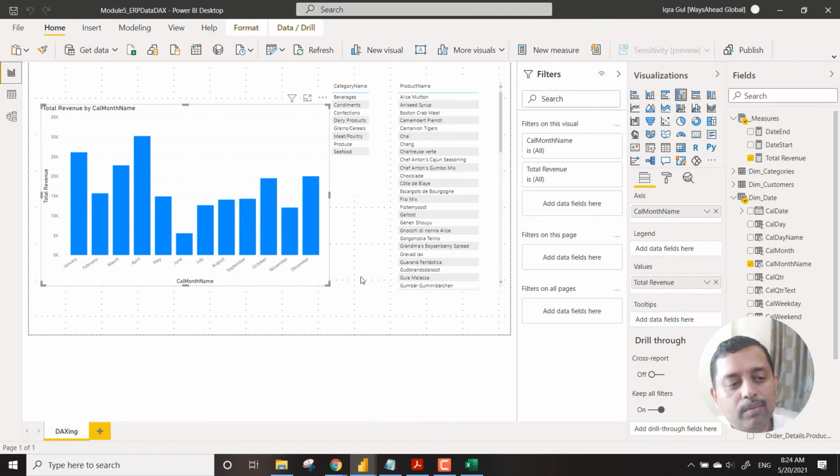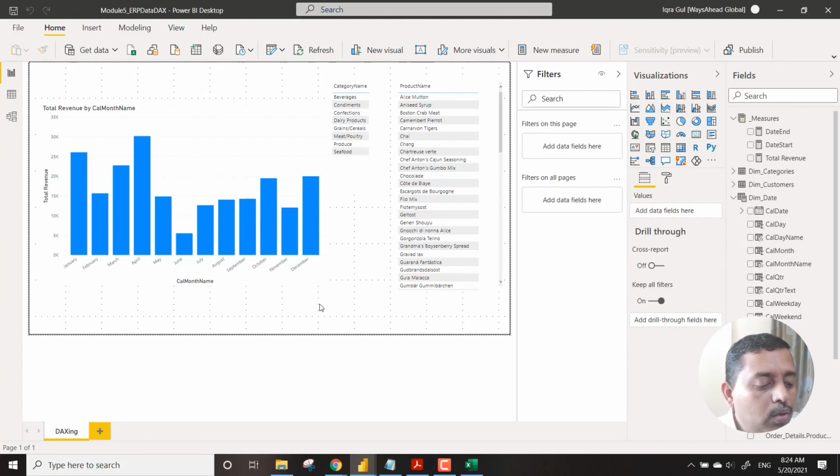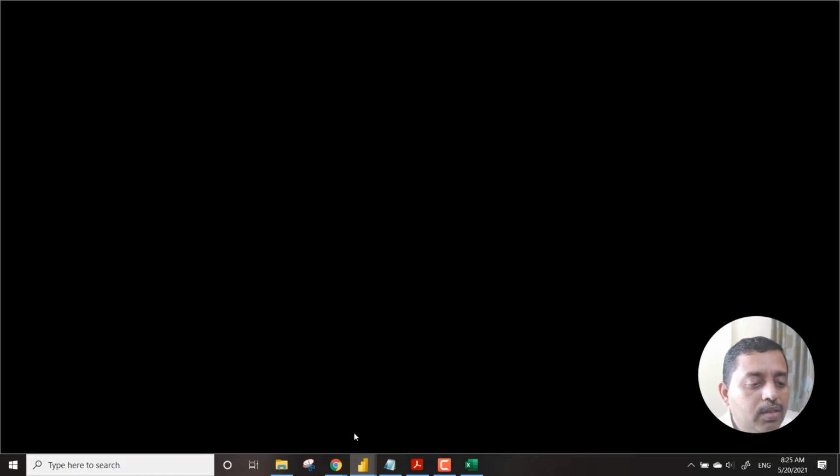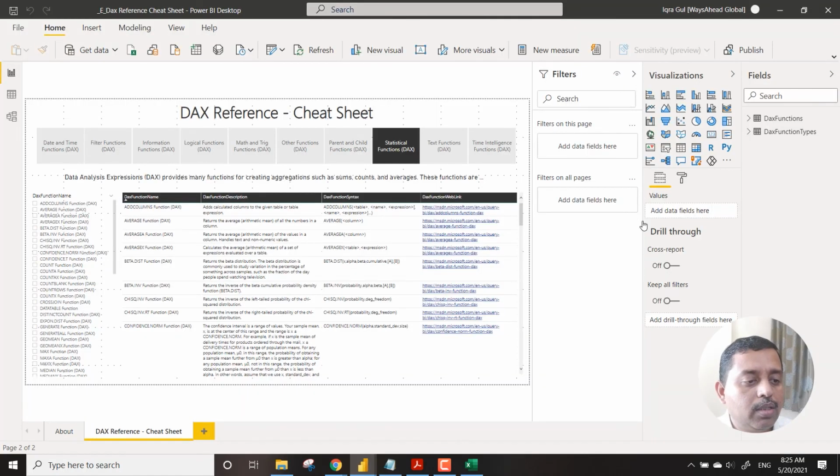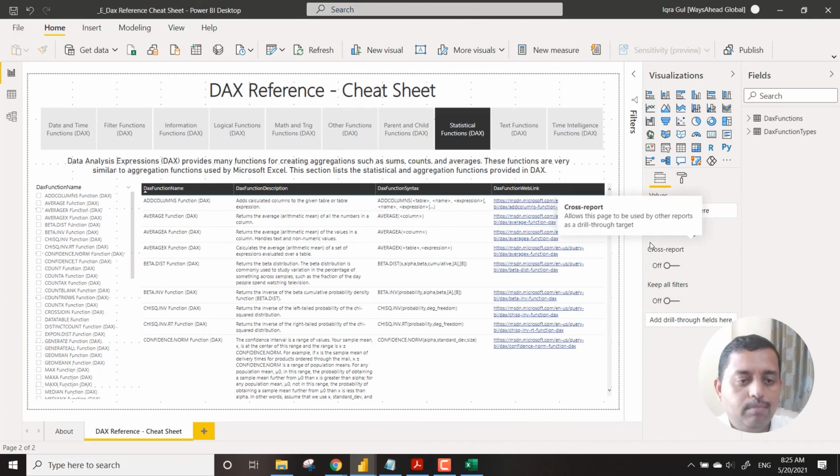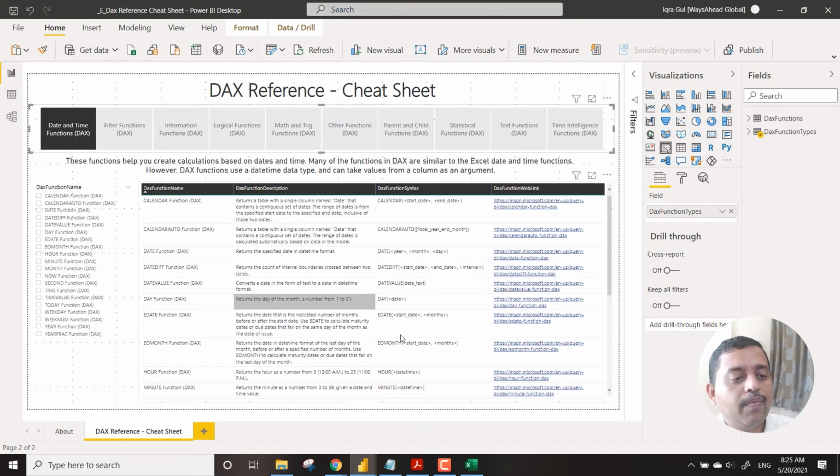January till December. When it comes to working with date and time intelligence functions, there are many other functions. I am not denying that. So what we have done is we have a cheat sheet. This is the DAX reference, by Microsoft, and all the links that you will see are from Microsoft. If you go to date and time, you will find all date and time functions, some of the functions which we have used, some which we might not have used. Those will all be mentioned over there. So you can refer to this as well.